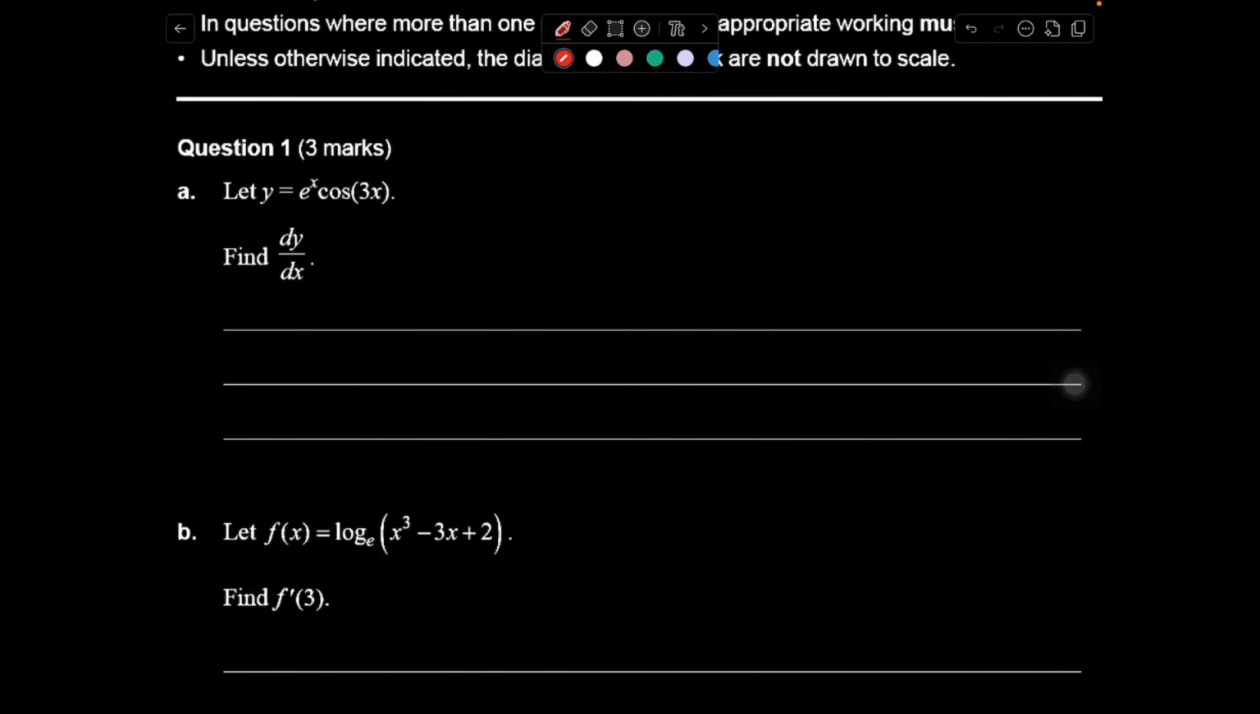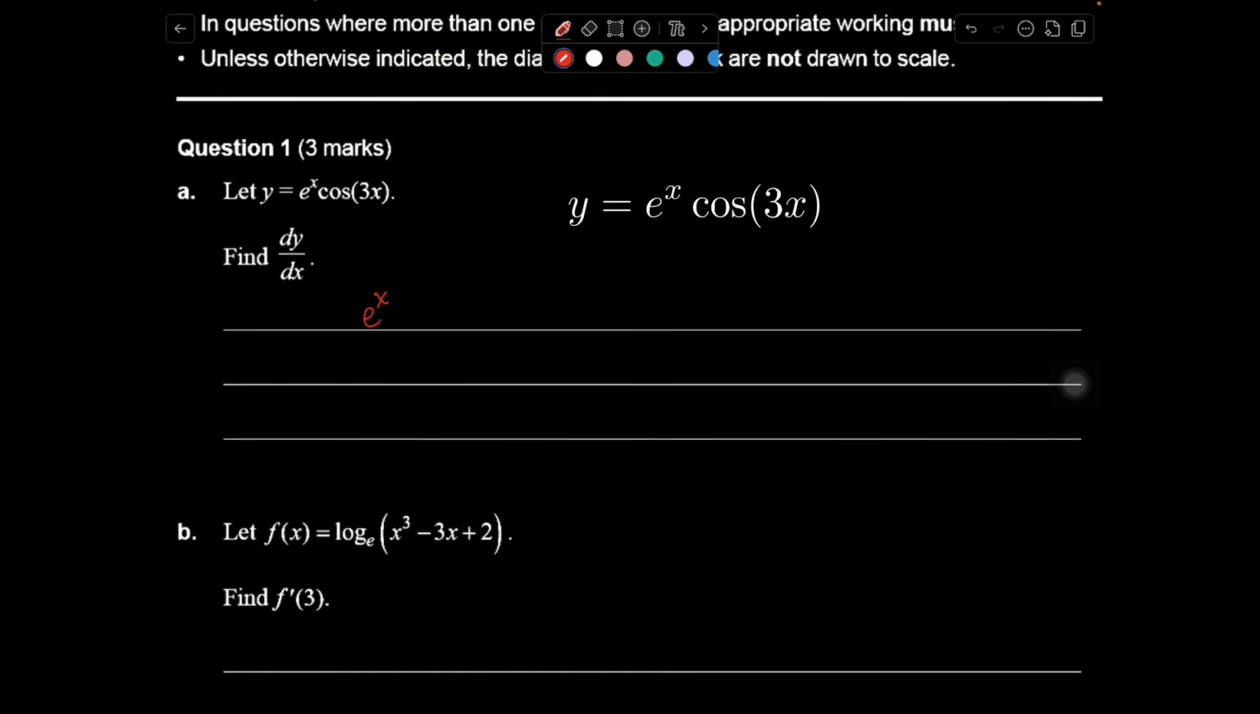So we need to use the product rule here. The product rule is used when you have two functions that are multiplying by each other. So you can see how here we have our first function e to the x times by our second function cos of 3x. And the way the product rule works is that we take the derivative of the first function,